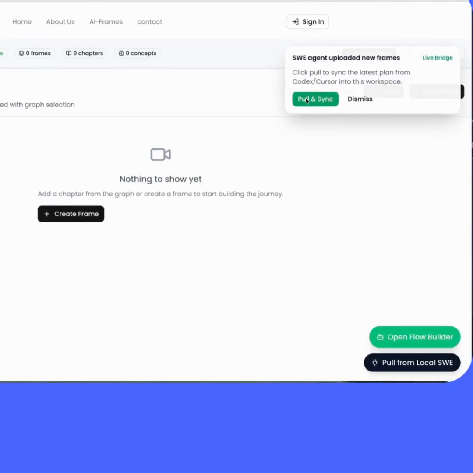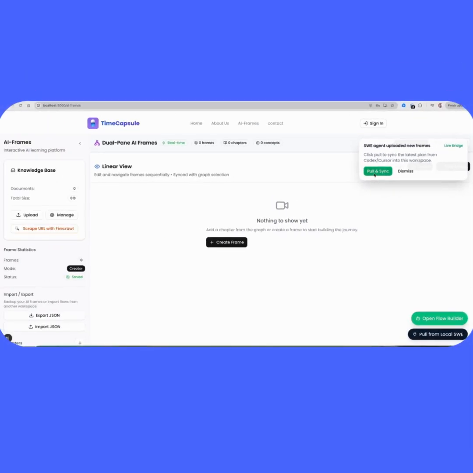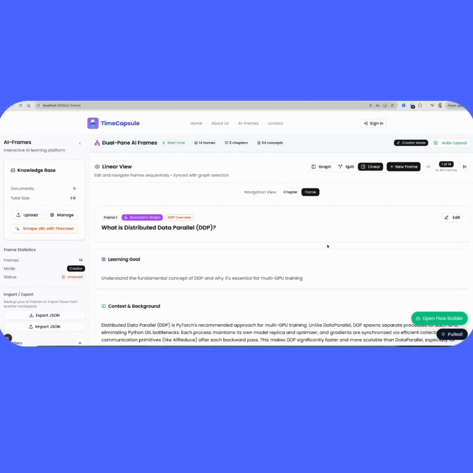So you can either click on this button or on the button at the bottom called pull from local. We'll use this pull and sync, and you can see